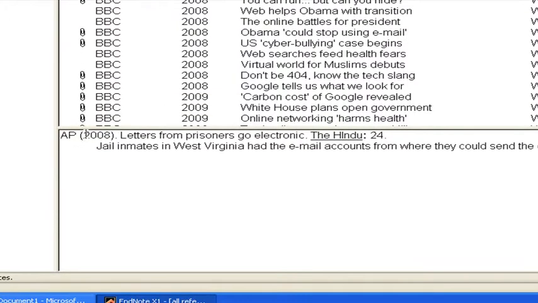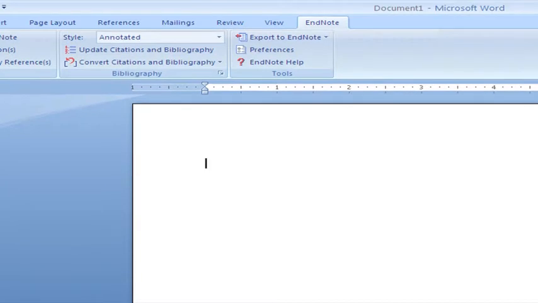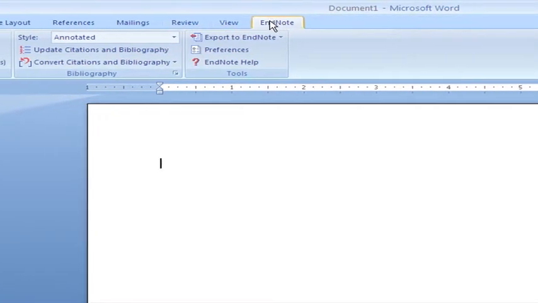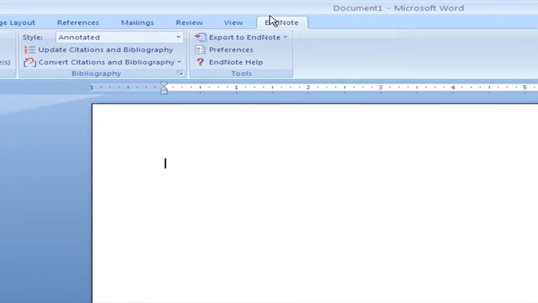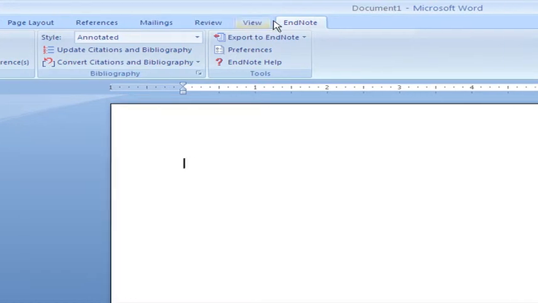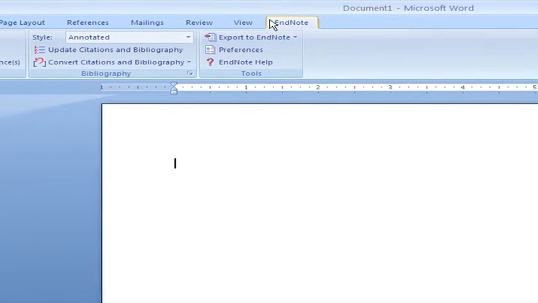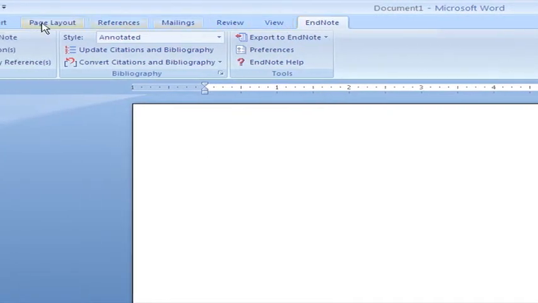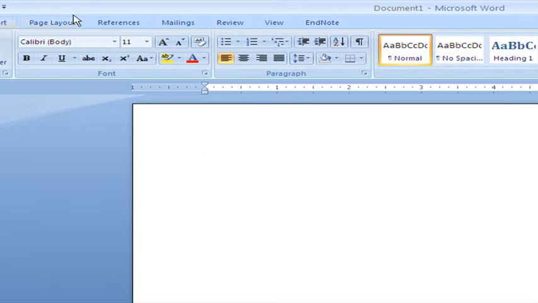And when you open MS Word, there is a button here related to EndNote. Whenever you install EndNote, it gets attached to MS Word as an extra button on the menu bar, like the normal interface of MS Word is like this.